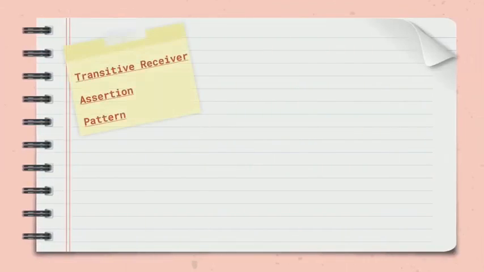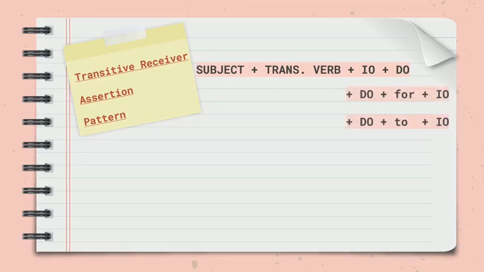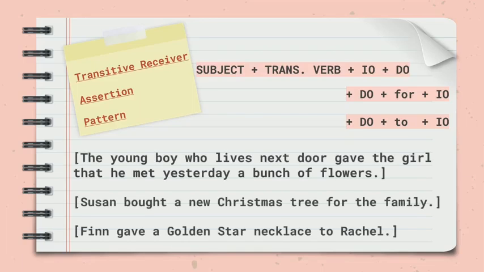We also have the transitive receiver assertion pattern, which not only has a direct object, but also an indirect one. So we have subject plus transitive verb plus indirect object plus direct object, or direct object plus for or to participles plus indirect object, as in the young boy who lives next door gave the girl that he met yesterday a bunch of flowers, Susan bought a new Christmas tree for the family, and Finn gave a golden star necklace